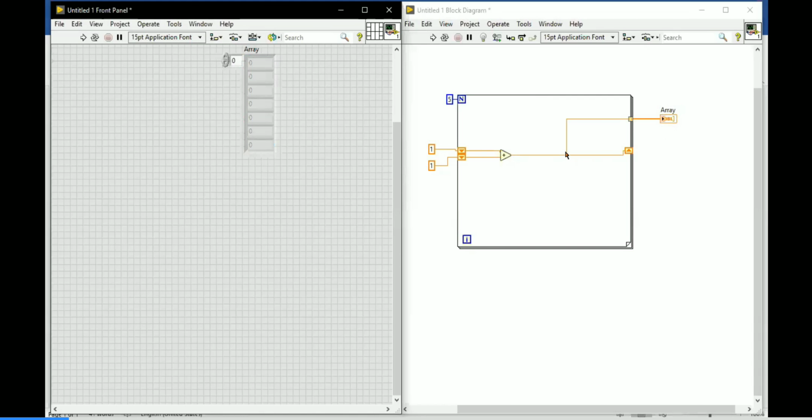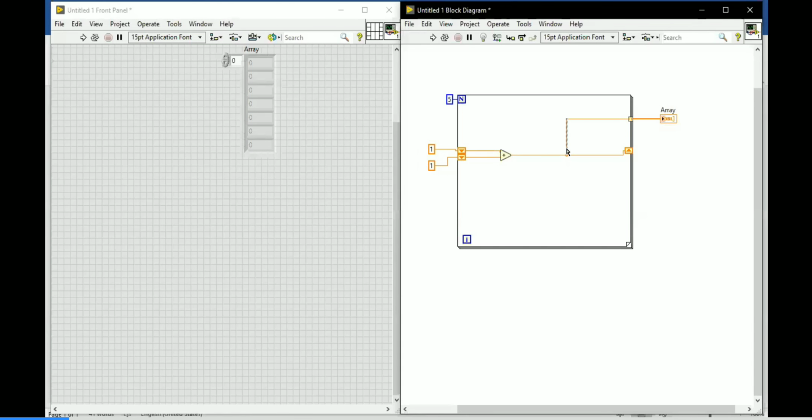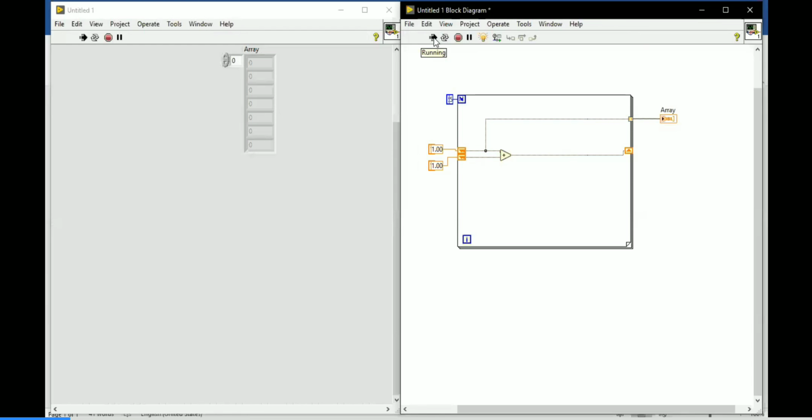But we have to get 1 as the answer there. So instead of taking the wire from here, I'm going to take a wire from this place. We'll see what happens now. Let me put on highlight execution, then run the VI and see what the results are.